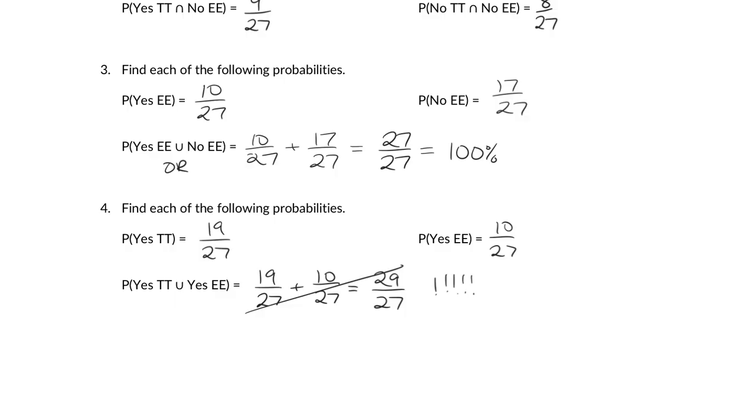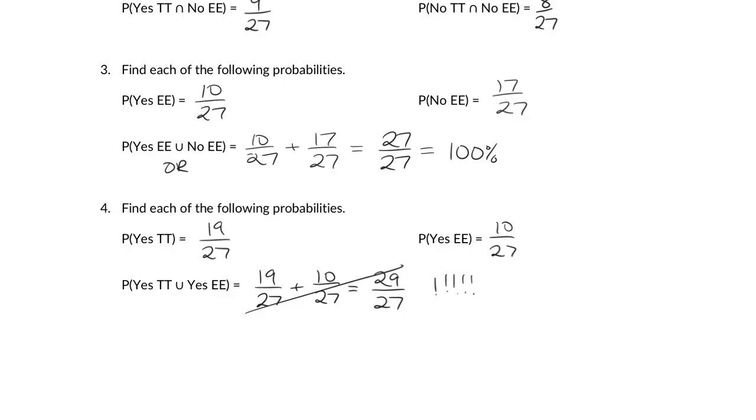I'm double dipping. Tell me more. What do you mean? I'm counting people twice. Like what people? Oh, the people who can do taco tongue and evil eyebrow. What's the symbol for and? The N thing, yes, okay. So what I'm hearing is that when we add these 2 numbers together, what do we want to do with that and statement, with the overlap?